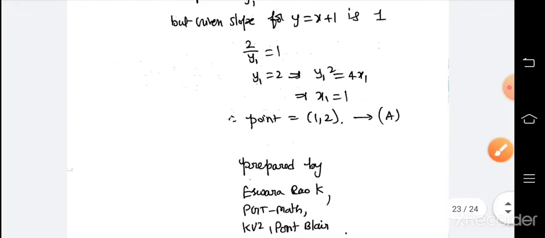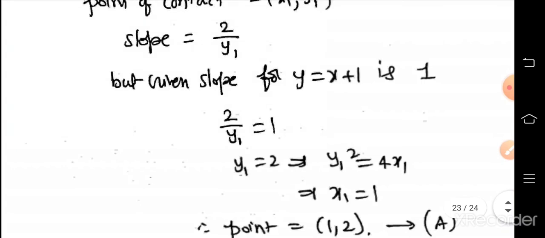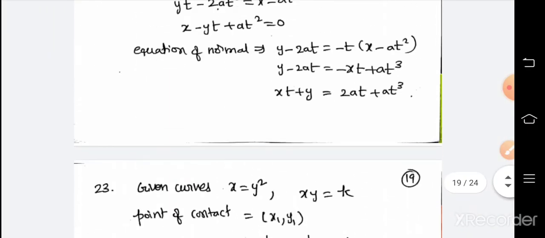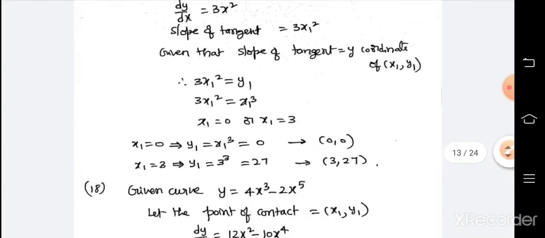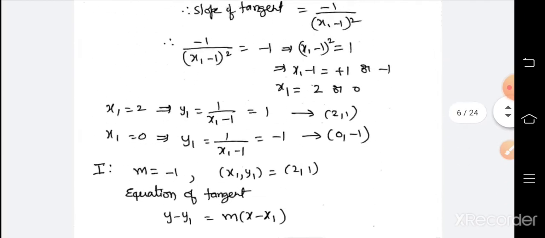Hope you understood whatever I explained. Try to watch the video again and again. Whenever you get a doubt, pause, look at the textbook, read the question, then watch the solution again. Every question was clearly explained. Whenever you are listening to this, keep your textbook with you. That is very important to note.